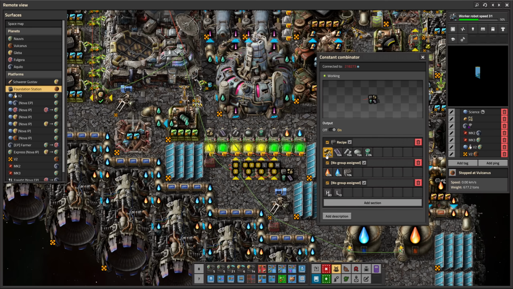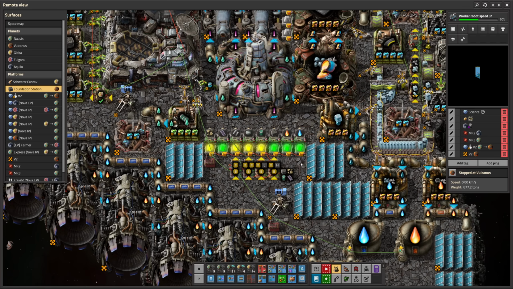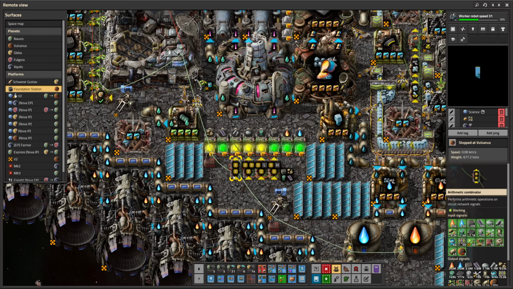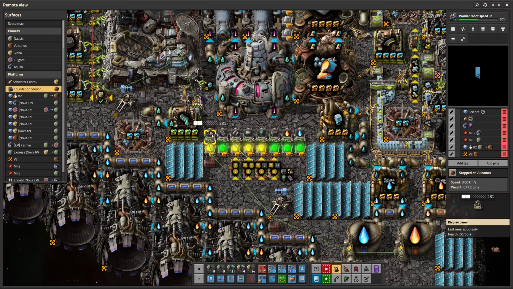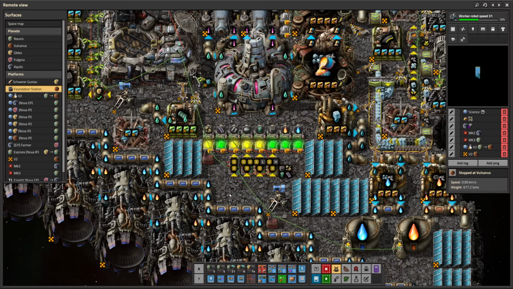Then from there, now that we specified our values, that's basically it. You specify this, hook up a single green wire somewhere to the thing that you're monitoring into this particular combinator, and it will compute all the colors and the percentages that you want. So let me explain how you'd wind up setting this up. The easiest way to do that is I'll just demo it by replacing everything that I have in here